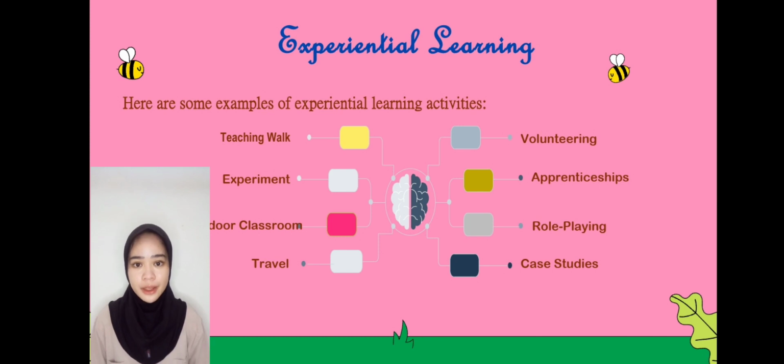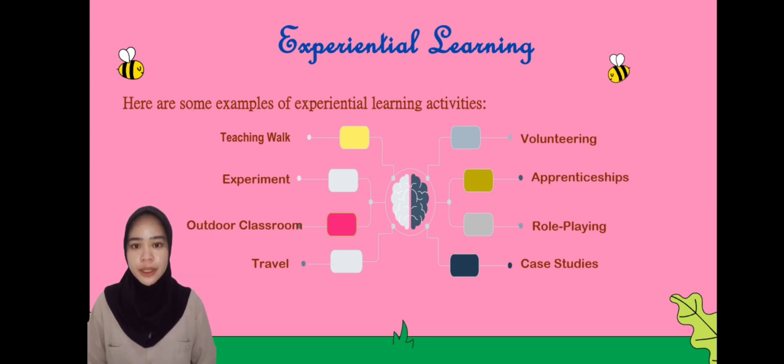And the fourth is travel. Taking an educational field trip to other places and immersing students in other cultures allows them to have a better understanding of the world around them. The authentic experience that they have while on their educational field trip will enhance their learning, which can be brought back into the classroom. And the fifth is volunteering.